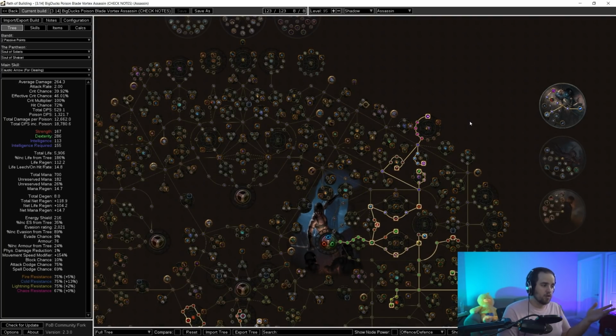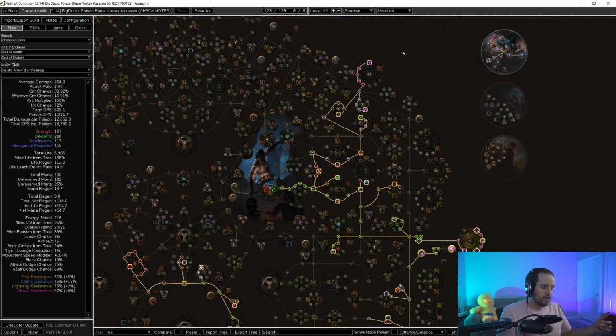Poison on top of that also can scale with poison duration as well as stacks, meaning that damage over time is just a very simple way to scale insane amounts of damage. But that is a little bit different than the way that normal damage scales. So now that I've gone over crit and how damage over time multiplier works,